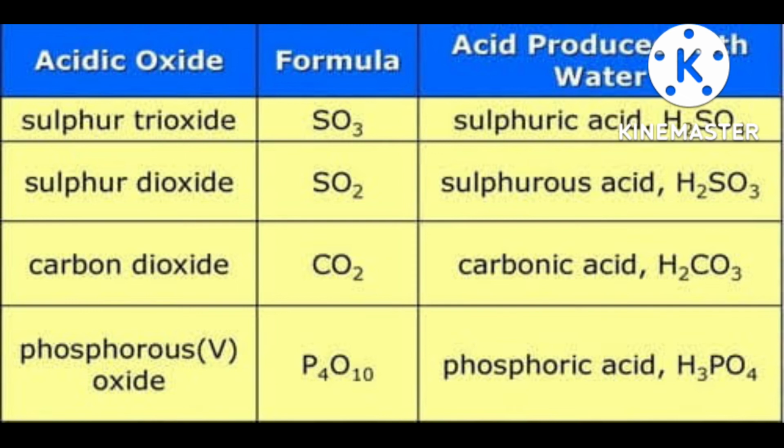Between metal and non-metal, they react very fast. And why does this happen? Because metal has the tendency to lose the electron, and non-metal has the tendency to gain the electron. That's why the reaction takes place very fast, and generally they will make,